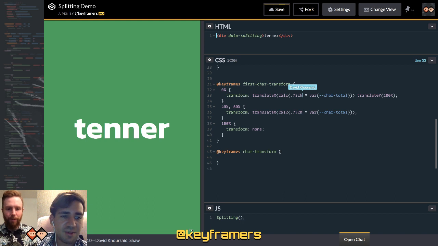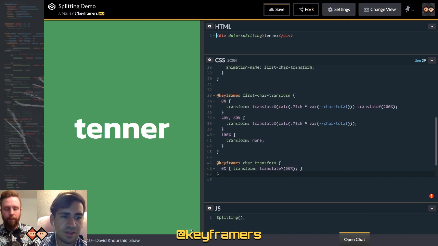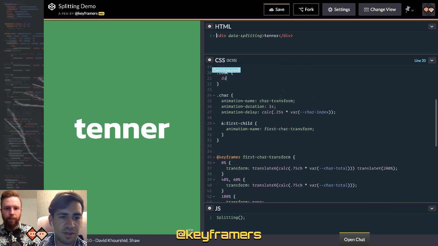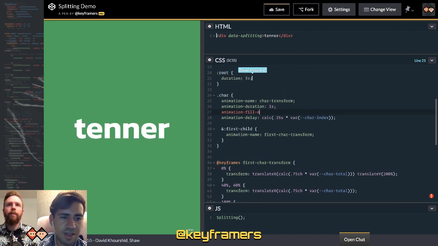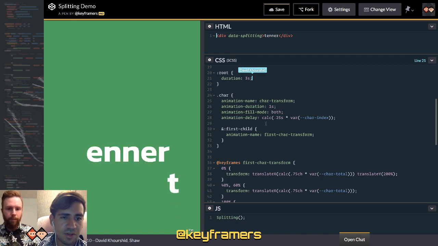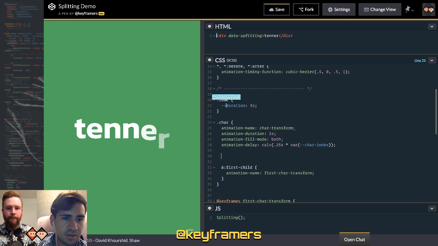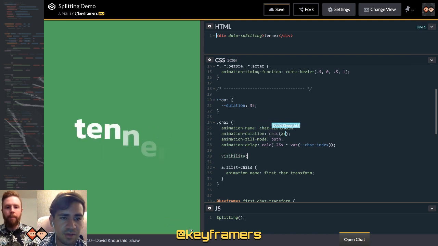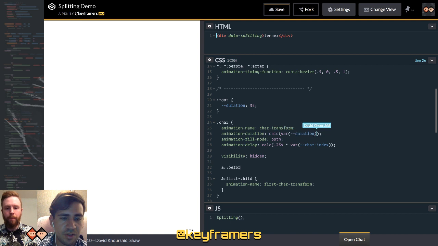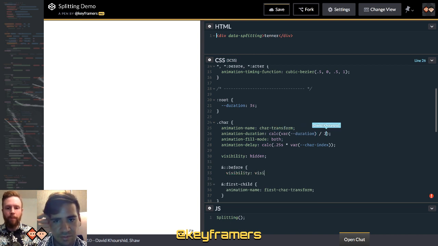All right, so that's the first character's transform. And so we're also going to do a variable for the duration. Should we make it CSS? Yeah, let's make it a CSS variable. So duration, we're going to say it's a 3-second duration total. Each of the characters would have their duration divided by 2, probably.